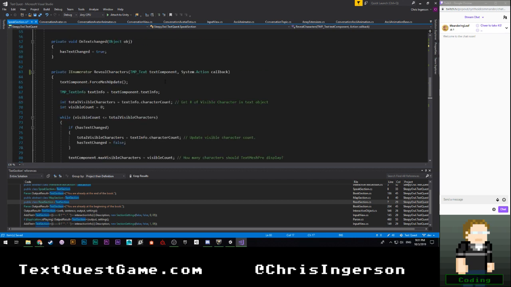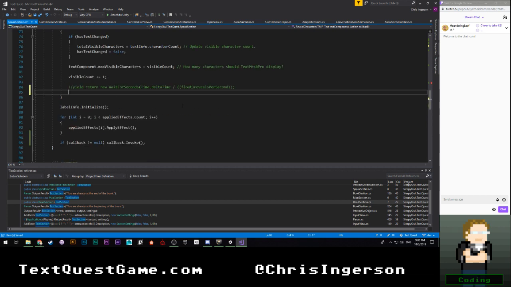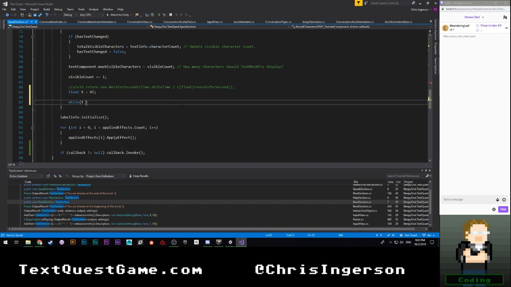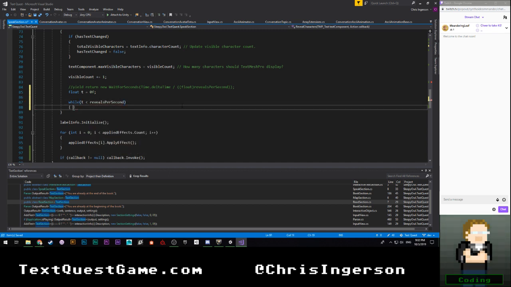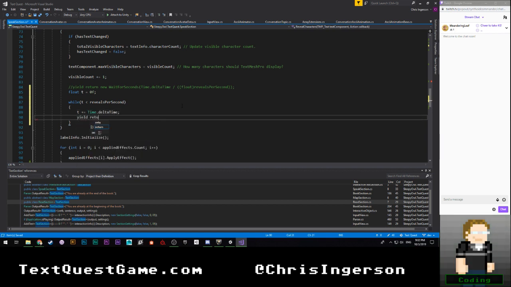Yeah, we're going to totally change this up. So instead of doing this nasty thing, I say nasty even though it's one line, we're going to say float t is equal to 0f, while t is less than reveals per second, t plus equals time dot delta time, and then yield return null.